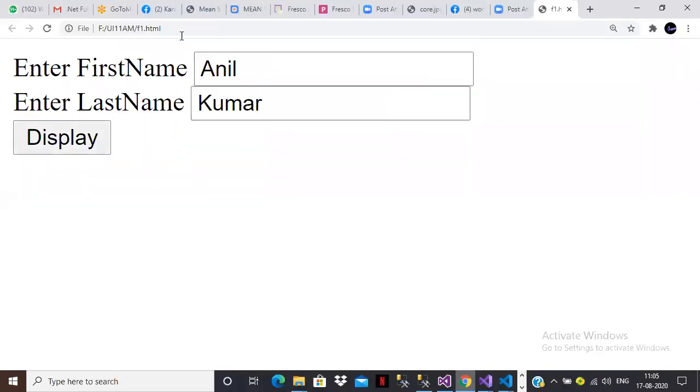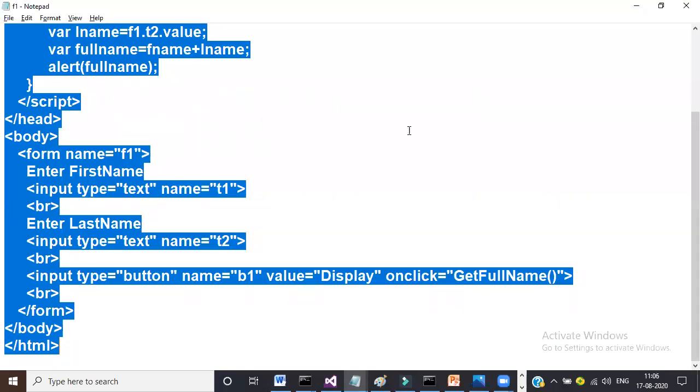The design code gets executed first. Whenever the user clicks on the button, the onClick event will fire. This onClick event will call the function, and the code that was written inside the function will get executed. This is how you can work with basic functions and integrate HTML code with JavaScript code.